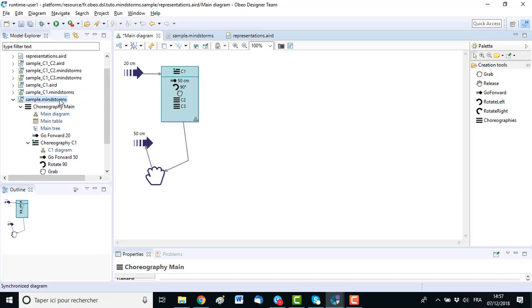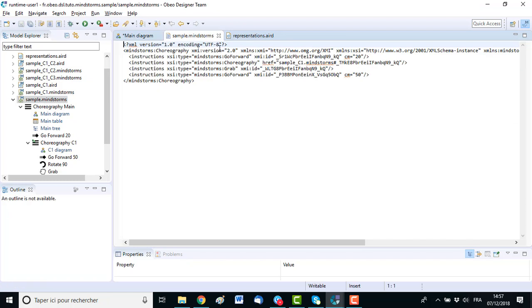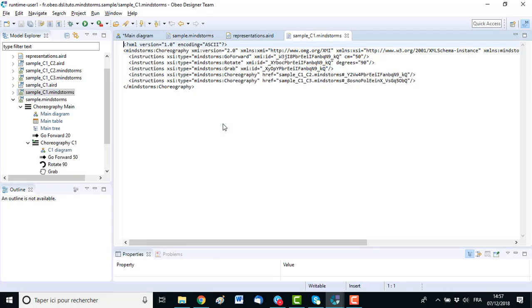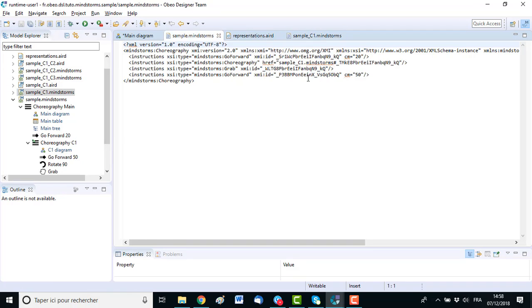Now if you open again sample.mindstorms, you can see that all the contents of C1 has been removed from this file and is now in this file. Okay, and instead of having the definition of C1, I have just a reference to this alternative file.